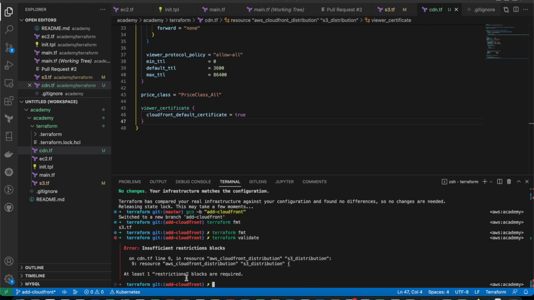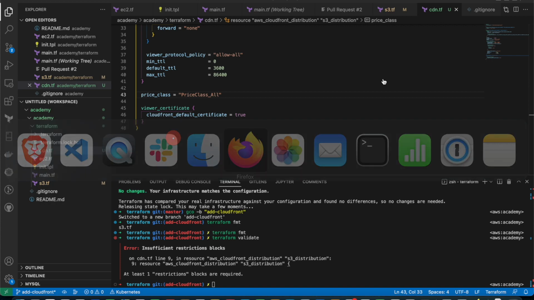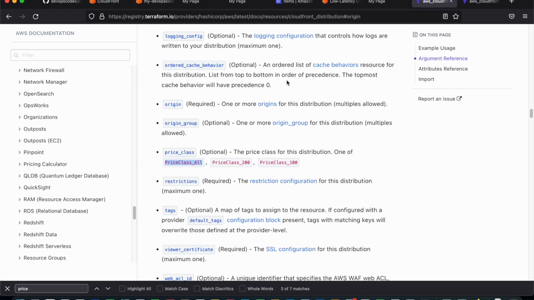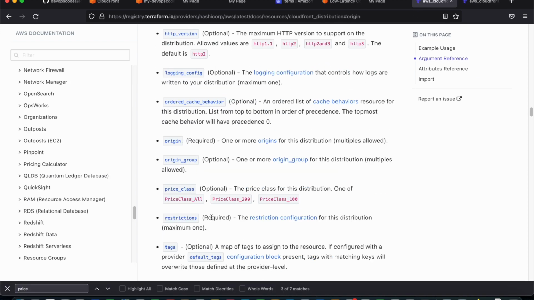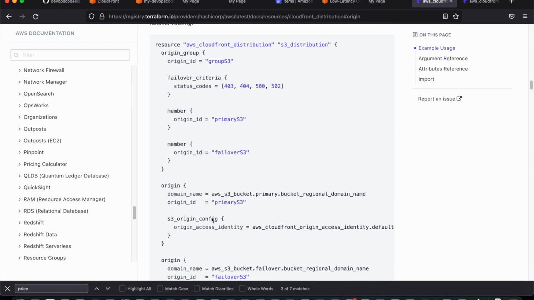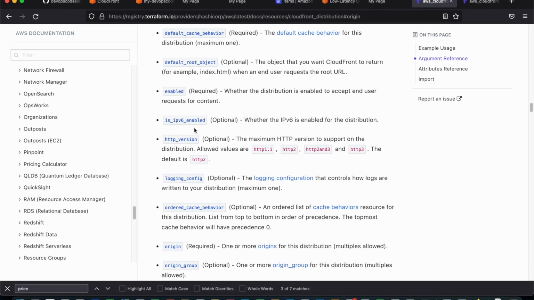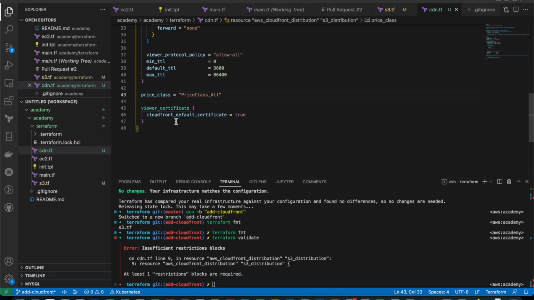Okay, and we have at least one restrictions block is required. Okay, so we have an example here that I removed a block of restrictions and it's required. So it sometimes happens. Let's go back to the documentation. See here, CloudFront distribution restrictions. Yeah, they are required. So we can go back and go with restrictions and then let's restore it in our distribution,